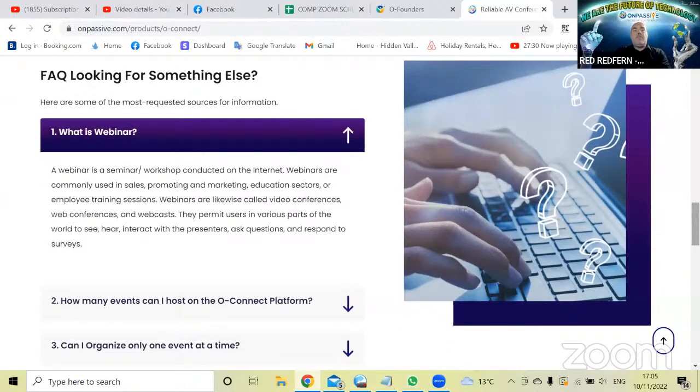So without further ado, what is a webinar? A webinar is a seminar or workshop conducted on the internet. Webinars are commonly used in sales, promoting and marketing, education sectors, or employee training sessions. Webinars are likewise called video conferencing, web conferencing, and webcasting. They permit users in various parts of the world to see, hear, interact with the presenters, ask questions and respond